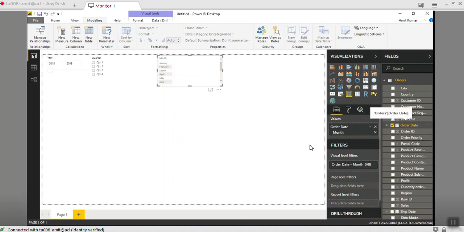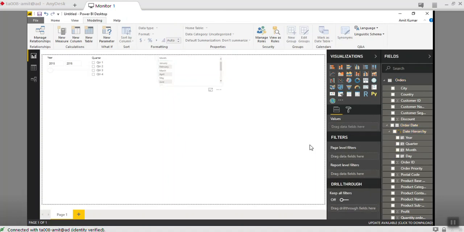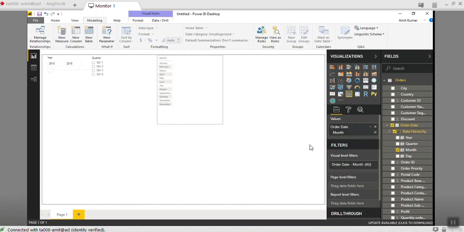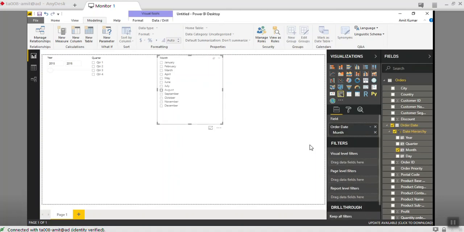You have only the date column, and Power BI is doing it automatically. It is creating the date hierarchy, so just drag and drop here. It is taking all the applied months from there and getting them plotted here.